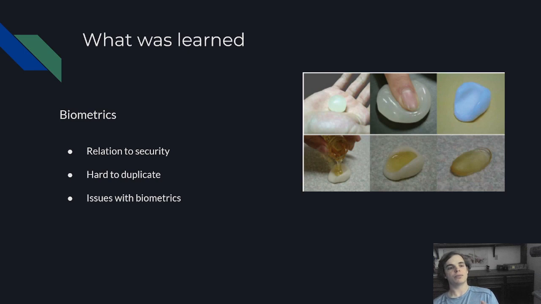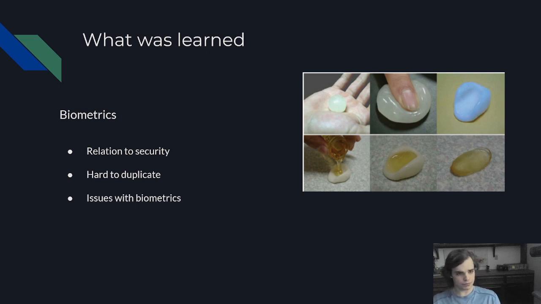So I learned a lot from doing this project, and I learned a lot about biometrics. In relation to security, biometrics are very interesting because they are a completely separate type of authentication. The 3 categories are something you know, something you have, and something you are. Something you know would be like a password. Something you have would be like a key card, and something you are is a biometric example. Some of these could be voice, fingerprint, your gait, iris scanner, facial recognition, and so it's very hard to